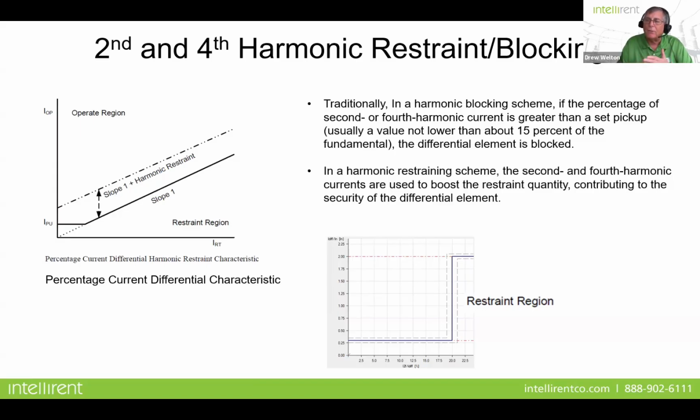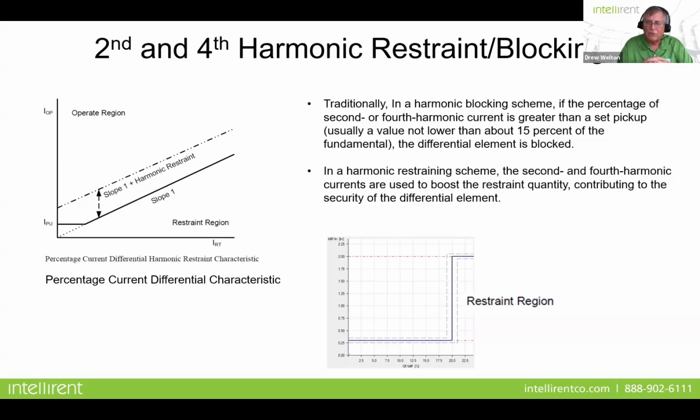You're energizing the windings of the transformer. Your current going in is not going to equal the current coming out. So naturally, the differential relay is going to trip. But when you energize a transformer, it also creates these harmonic components, second and fourth harmonics, that we can sense. And if we sense a harmonic component in the waveform, we can actually block the 87 from nuisance